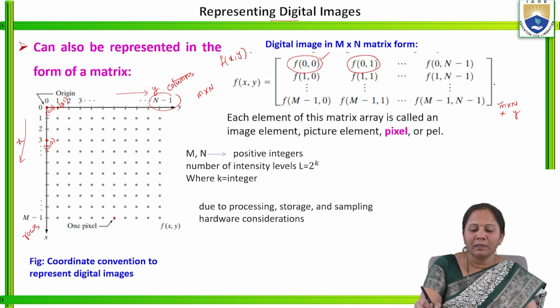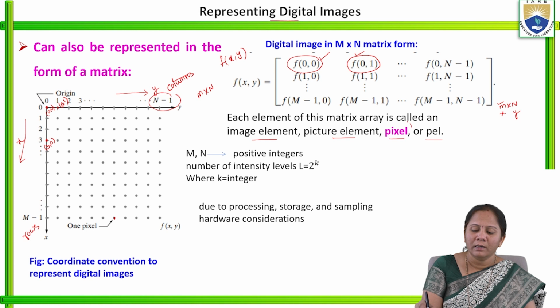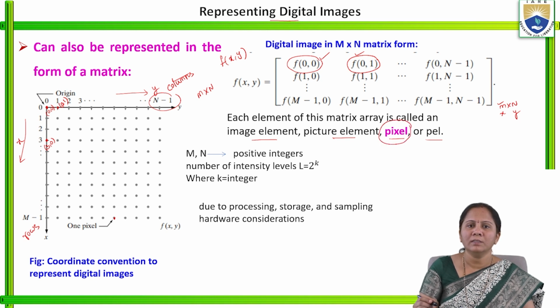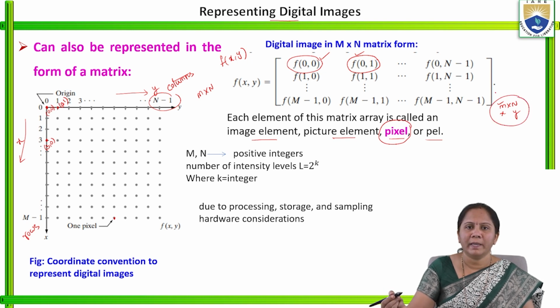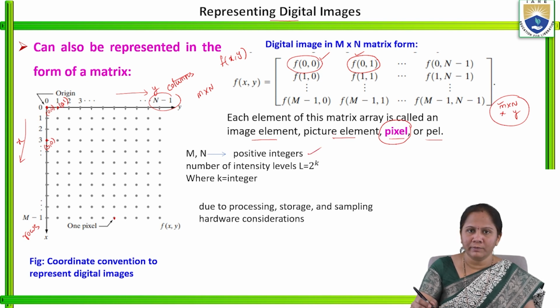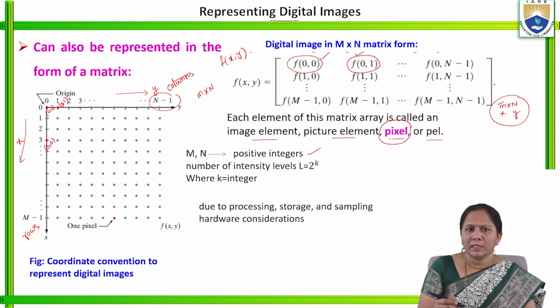These elements can be called image elements, picture elements, pixel or pel. Generally most of us use the terminology pixel. As the image is represented in the form of m by n, the values of m and n should be positive integers. Generally the image is represented as f of x, y,